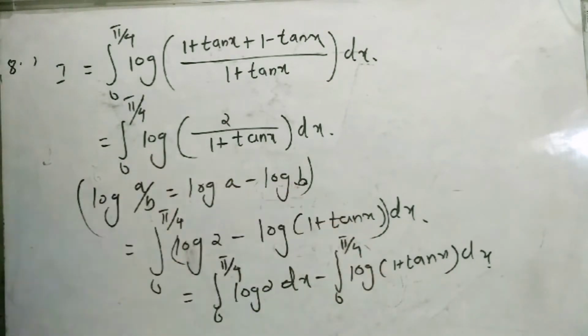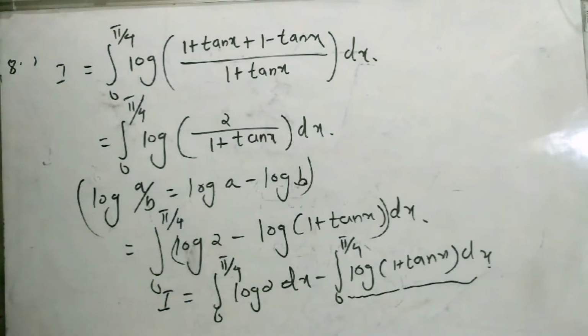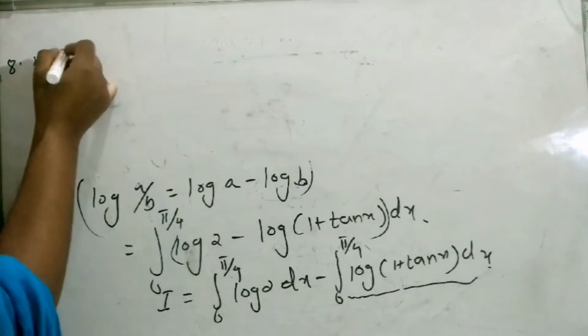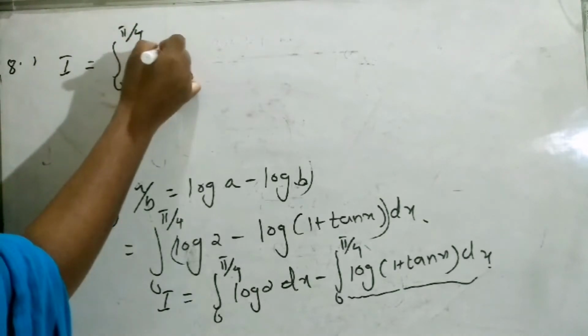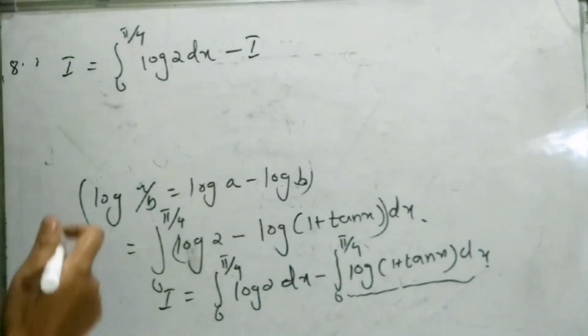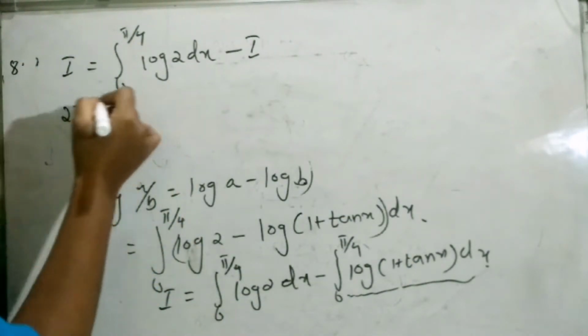Alright, what is the second term? That second term is actually our question. Now we got I is equal to this one, and this is our question, which we call I. So we can write I is equal to integral 0 to pi by 4 log 2 dx minus I. Now just take this I to this side, then we will get 2I is equal to